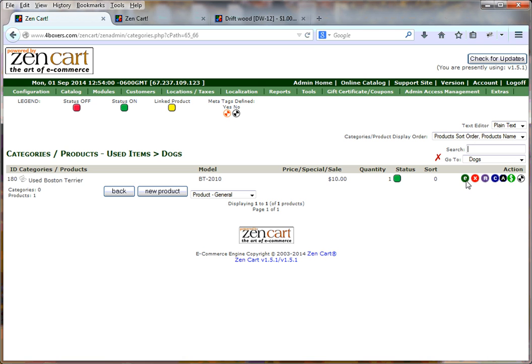If you'll notice off to the right here, there are some little colored items. E is for editing the product, the X is to delete it, and as you saw in the last video, the M actually moves it to a different category. C is to copy. A is for attribute features, which we will get into in another video because that's extremely advanced. You've got the product's price manager, and this last little button here, it looks like the little radioactive thing, is for meta tags, and currently if we hover over that it says that they are undefined. So we're going to go ahead and click on that button,